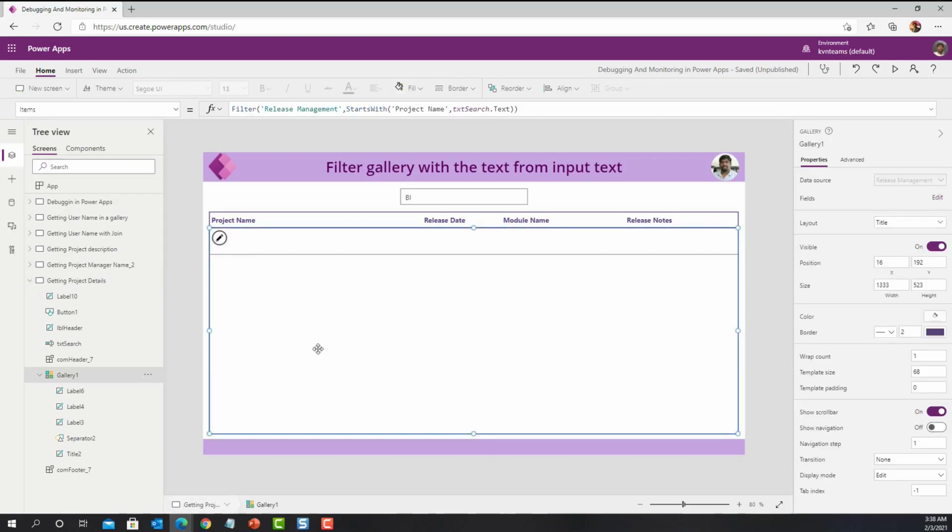So how do I do that? Select the gallery and see the formula I am using as part of my gallery items. Select the formula and see there is a small drop down icon here. Click on that icon, which shows you the result preview of our formulas. Now it clearly shows that we did not find any data for the given text.